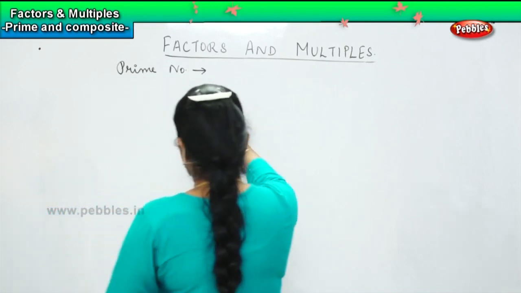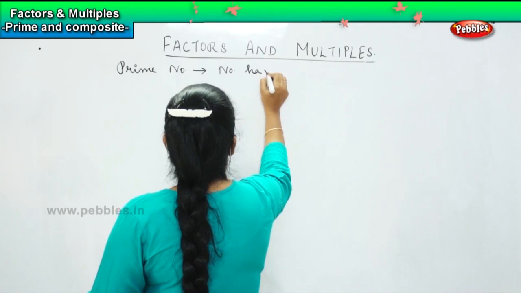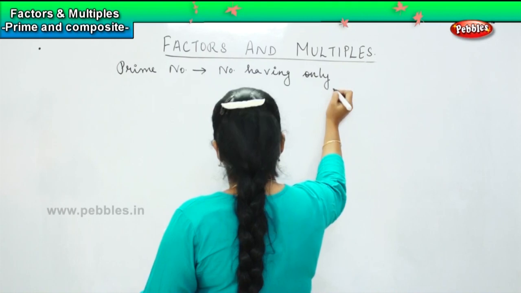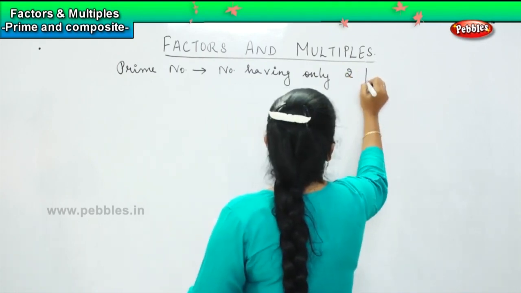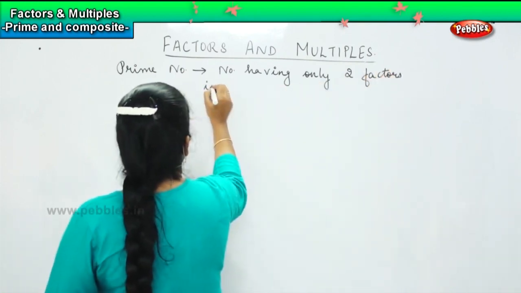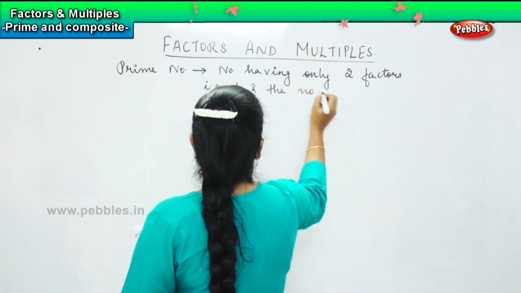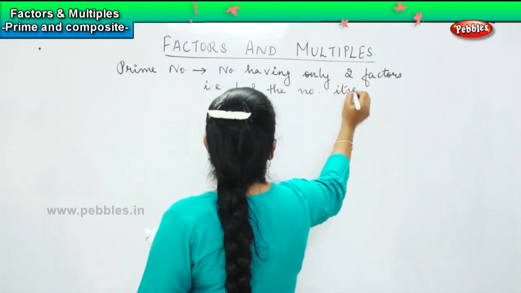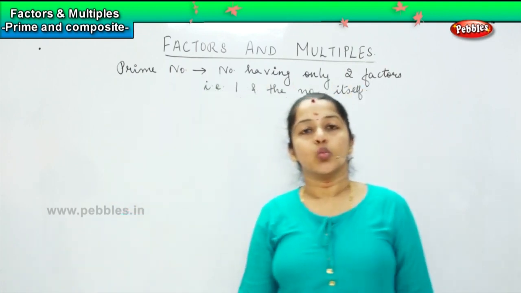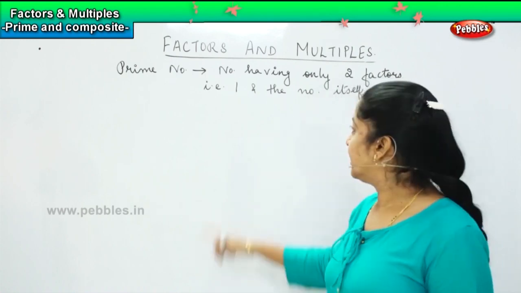A prime number is something which has only two factors, that is 1 and the number itself. So those numbers which have only two factors, that is 1 and the number itself, they are called as